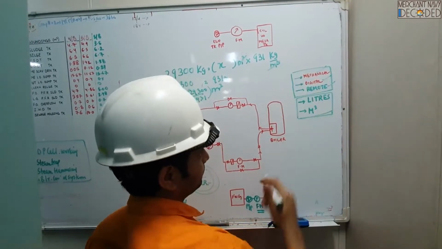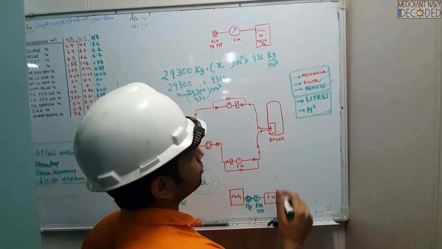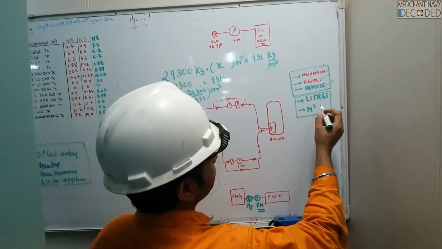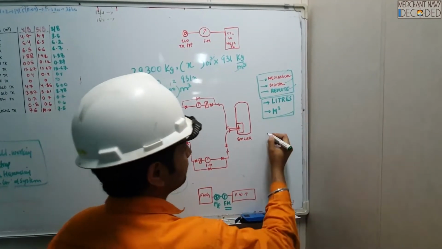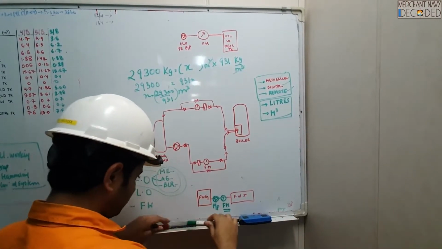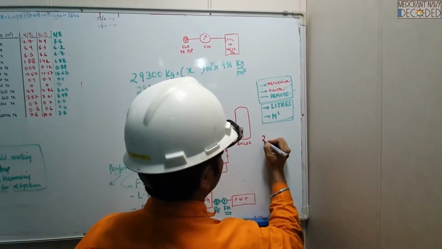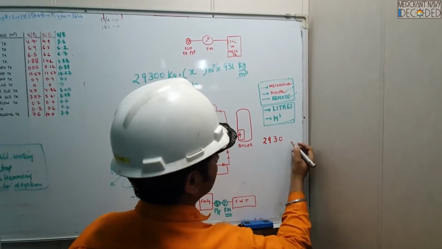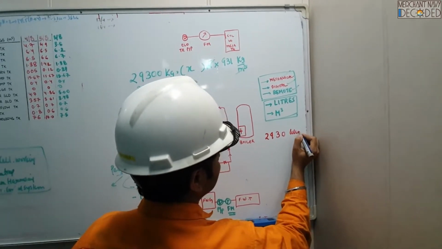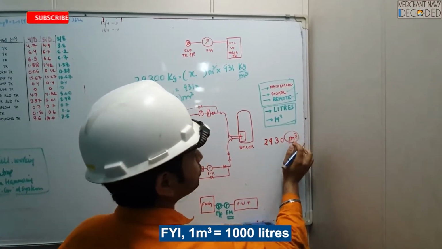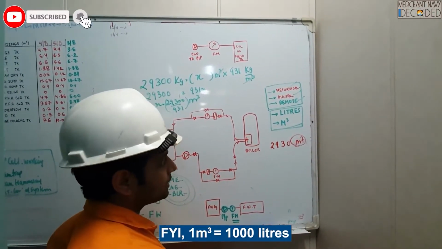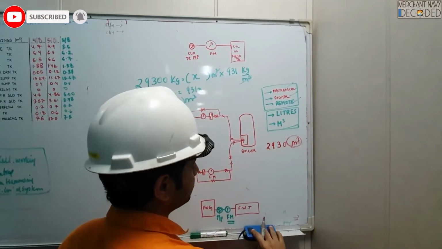That they will show remotely. The second thing is you have to know, when we talk about flow meters, whether the value is in liters or in meter cube. Say the value is 2930. So what is written at the end? It is written liters or it is written meter cube. This is very important for you to know. Copy it, guys, because this is a very important unit out here.